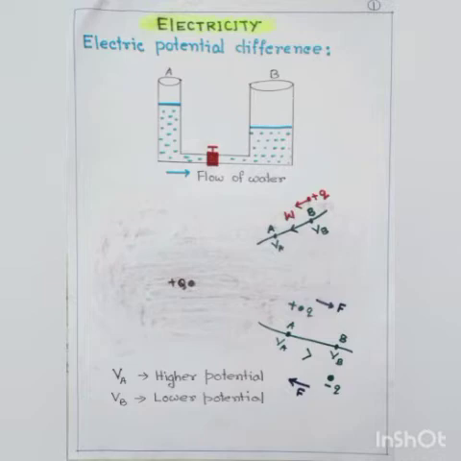Now see what will happen for a negative charge. In the same region, VA is greater than VB always. Now if you allow any negative small q charge, it will move towards the positive charge, because for a negative small q charge, the zero potential level will be close to the capital Q charge. So always a negative charge will move from lower potential region to higher potential region, whereas any positive charge will move from higher potential region to lower potential region.